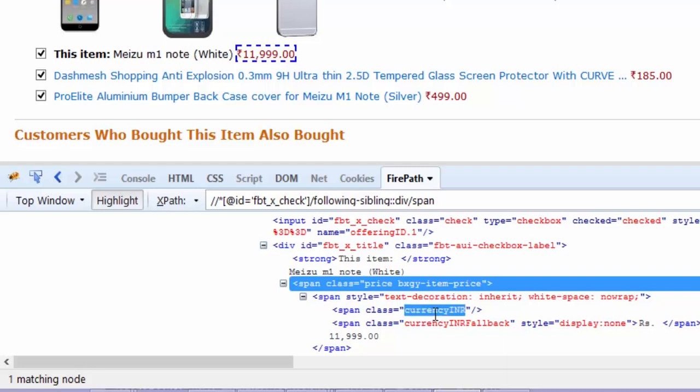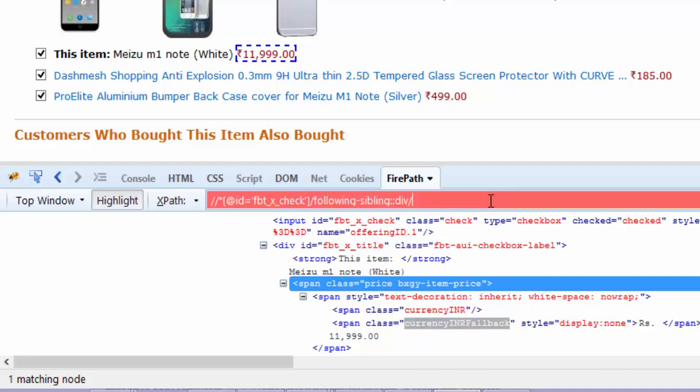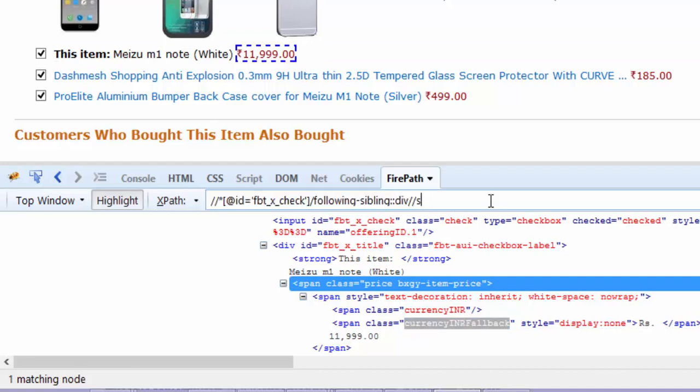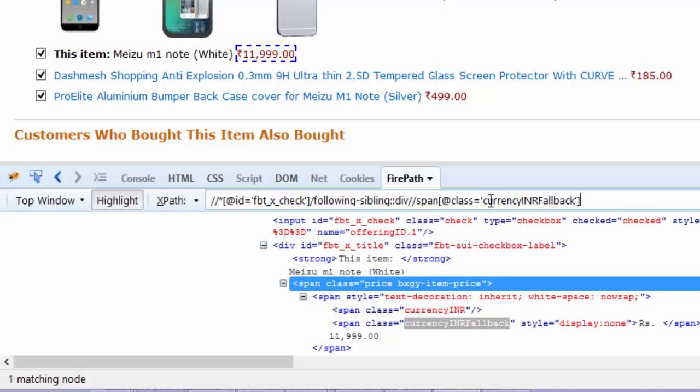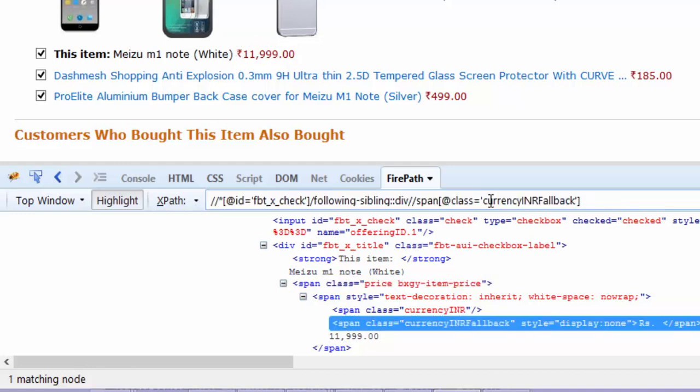So for going to that particular class, maybe this particular class, you can also navigate with double slash span of at class is equal to this. So now you can see I'm directly coming right here, right? So this is how you can keep on drilling down and start writing a lot of things in XPath,